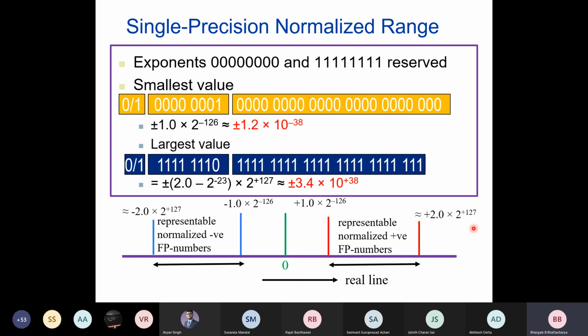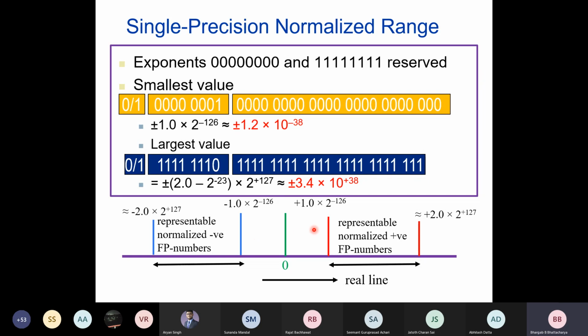So you have a zone here, you have a zone here. If I have a number here, can I represent it using single precision floating point numbers? I cannot, because it is beyond the range. The exponent value would exceed the maximum value. Similarly here, this is too small. I mean, the too negative number, this exponent value, is beyond mine. This is too negative. I cannot represent this value here.